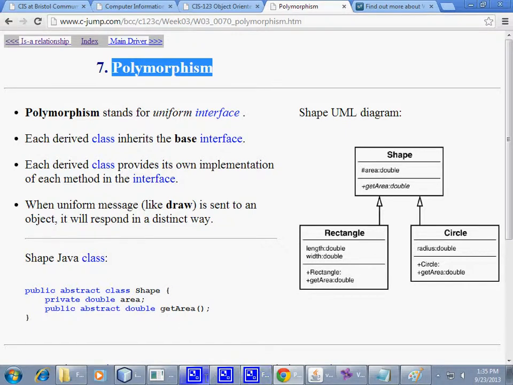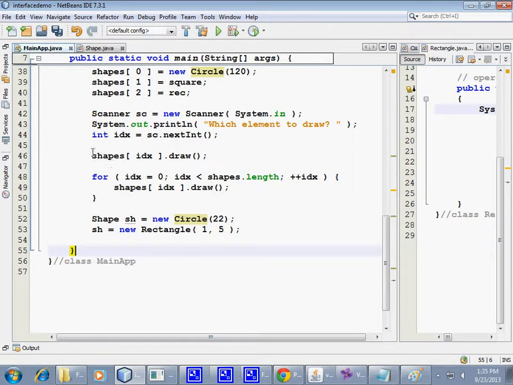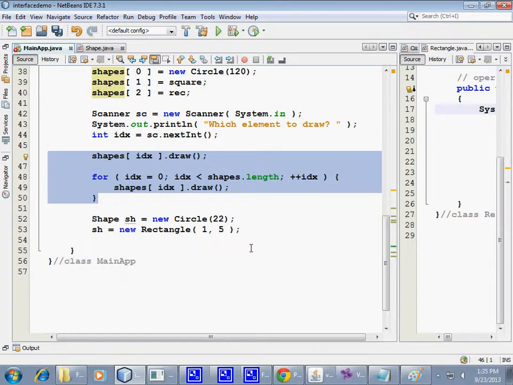When the compiler compiles your program, where I say shapes with index such and such draw, or create a loop which goes through the entire array of shapes that I have, and each single one of them says draw, at compile time the compiler doesn't know which objects will be populated there. It really doesn't know. It has to make that decision at runtime.